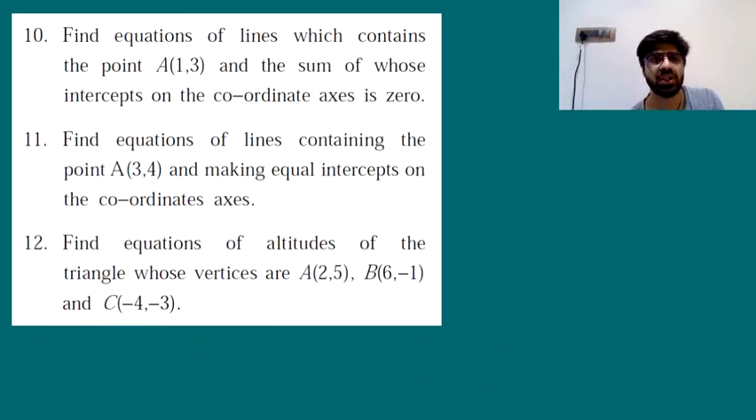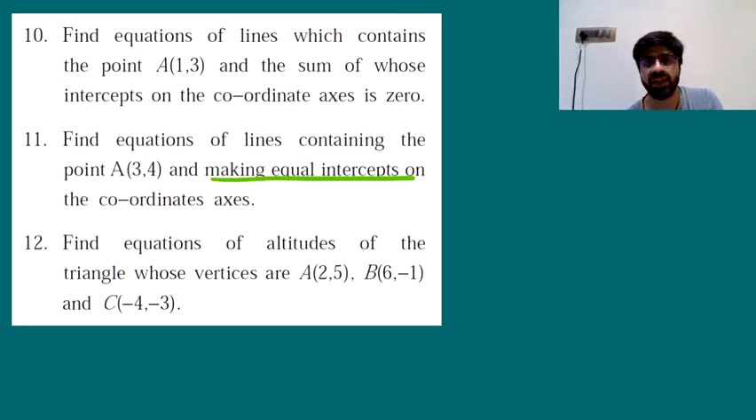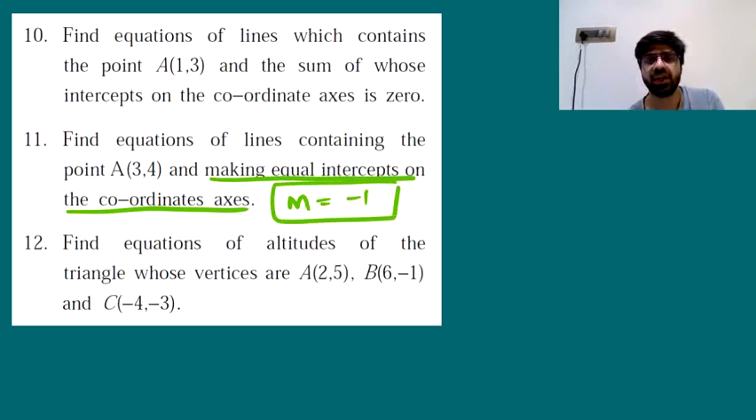Let's go ahead with question number 11. It says that find the equations of lines containing the point A, which is 3, 4, and it is making equal intercepts on the coordinate axis. If a line is making equal intercepts on the coordinate axis, this is one thing that we have discussed earlier, that the slope for this kind of a line will be equal to minus 1. So for this kind of a line, if the slope is minus 1 and it passes through a given point, we can write the equation of line as